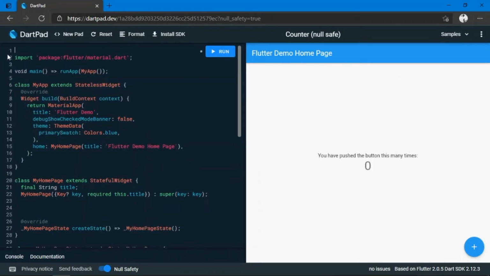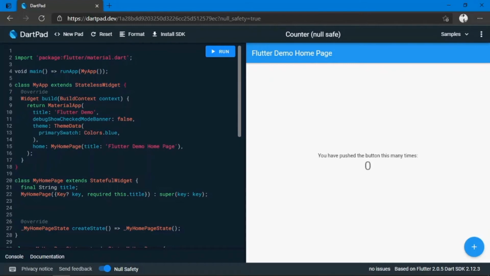Remove that. Okay, what we are going to do: first we will import a package, that is flutter slash material.dart. In Flutter we are importing the material.dart file. Then a main function which is calling a class, my app. In the my app class it extends a stateless widget, which means it is a stateless widget.